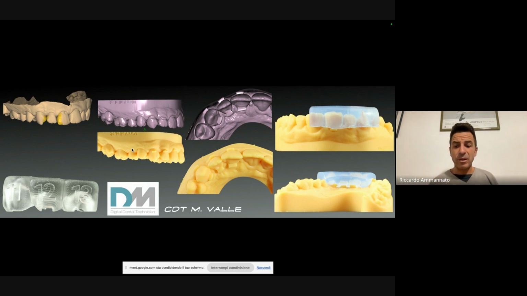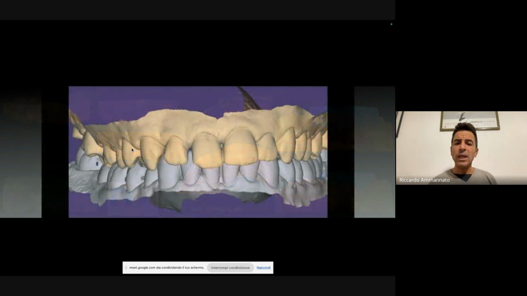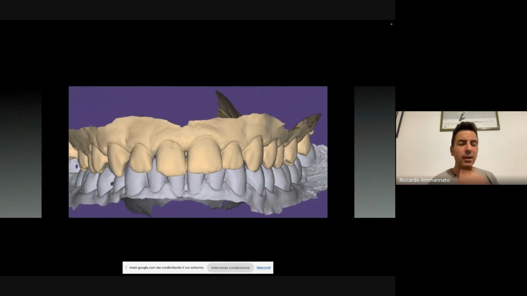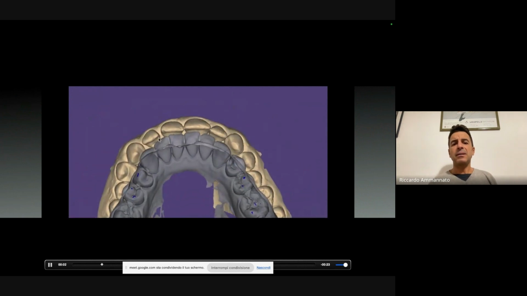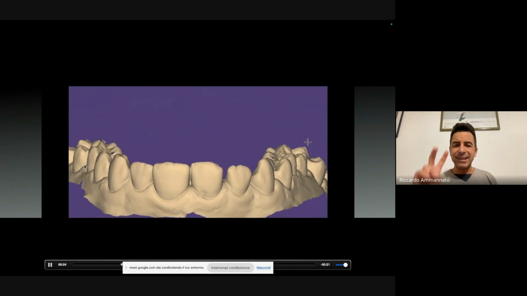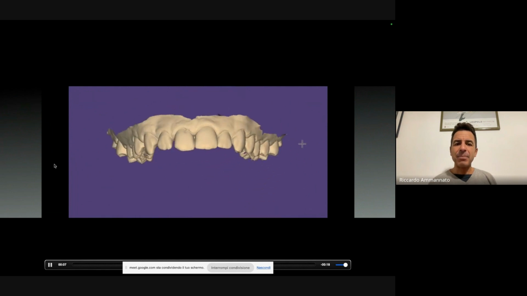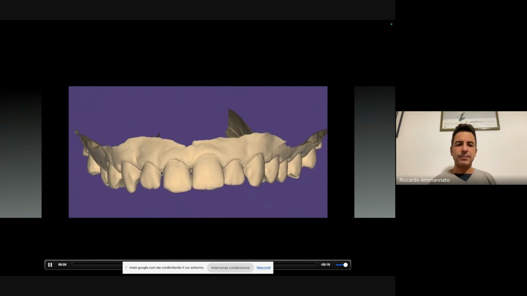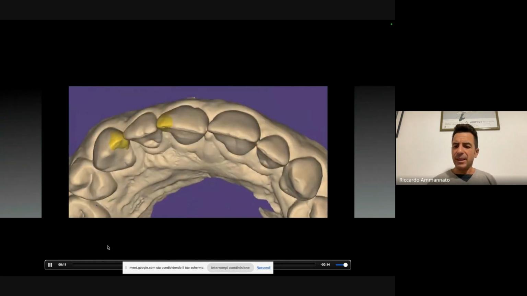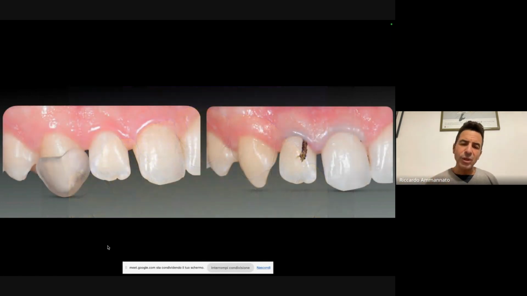So we did the whole project through the digital workflow. Here we have the technician, so he added the digital wax up, and you can see now, in a while, this is the digital wax up. I'm just going to go forward here. And he also delivered the indexes we have been doing for the last 2 years.